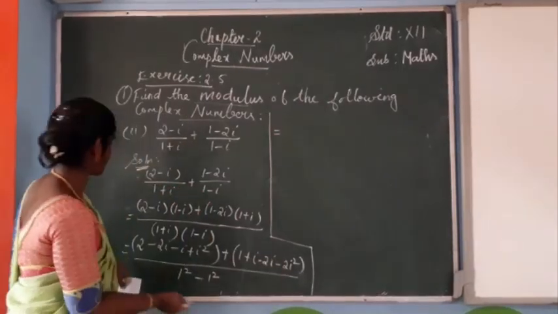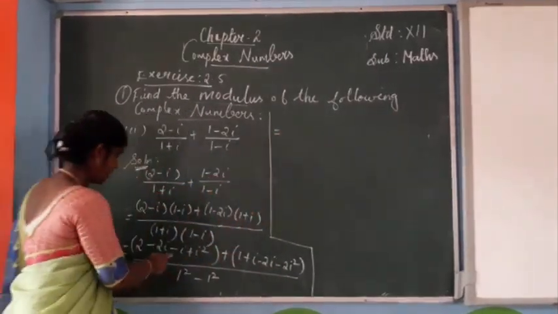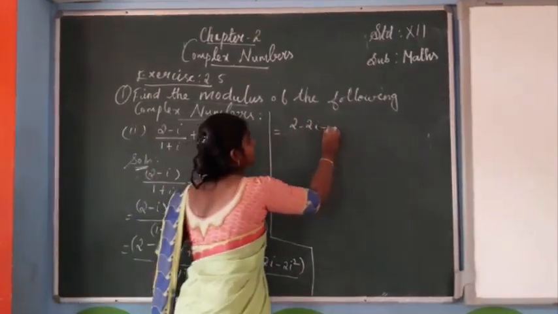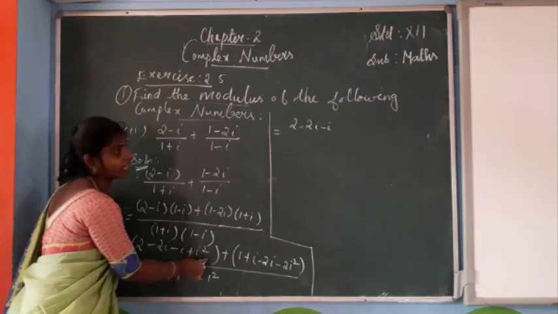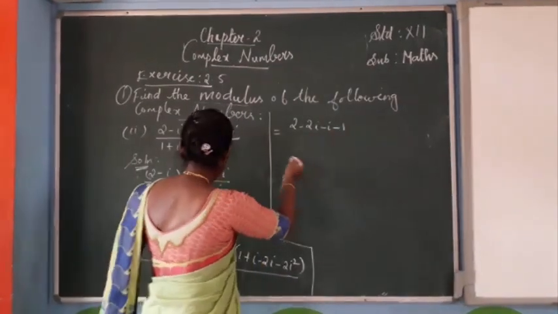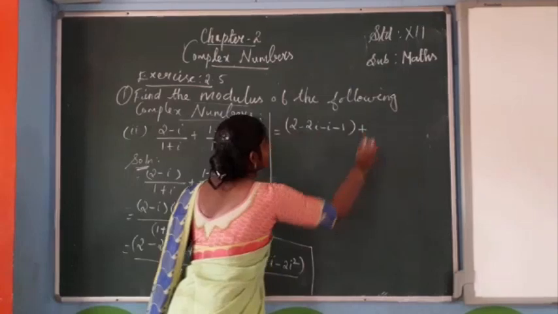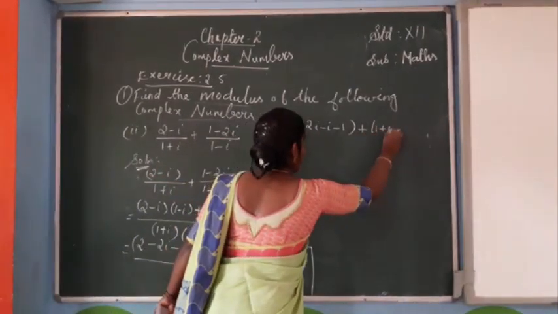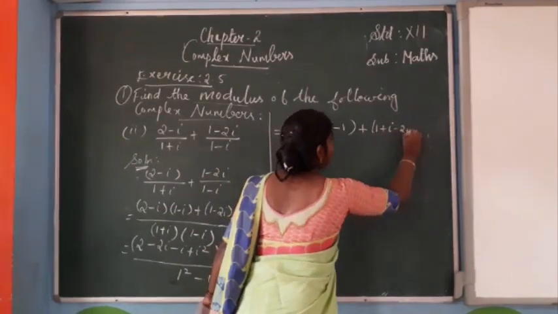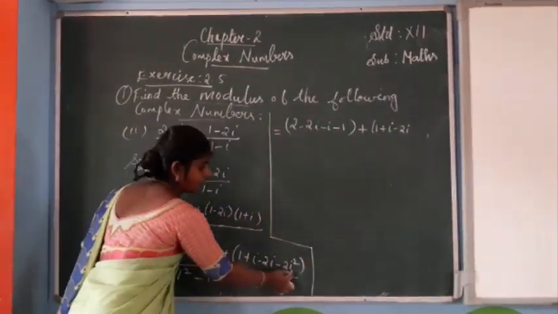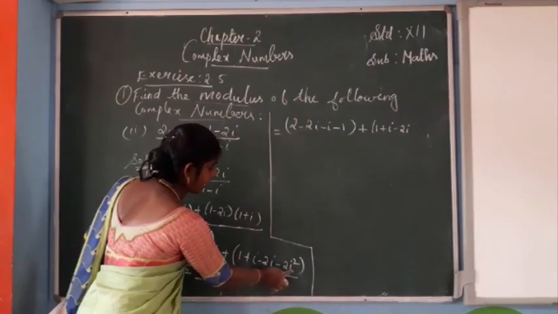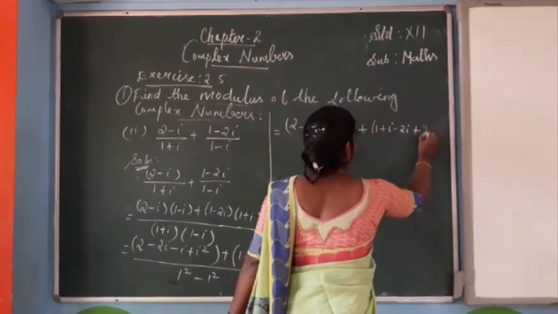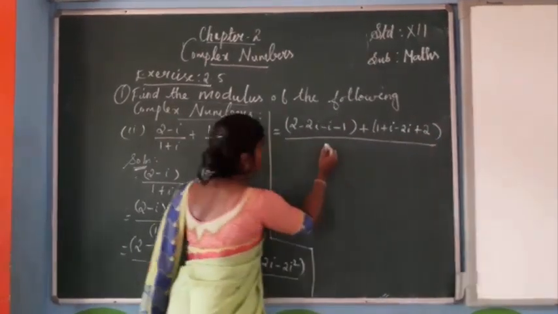That's equal to, so add 2 minus 2i minus i, here i square value is minus 1, minus 1 plus 1 plus i minus 2i, here i square the value is minus 1, minus 1 into 1 plus, so plus 2 divided by 1 minus